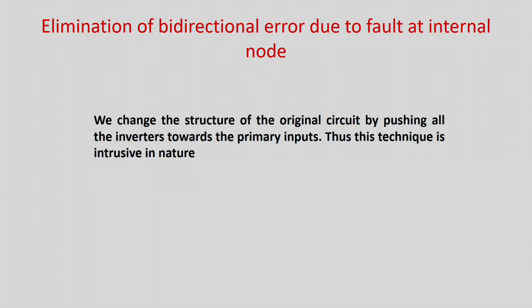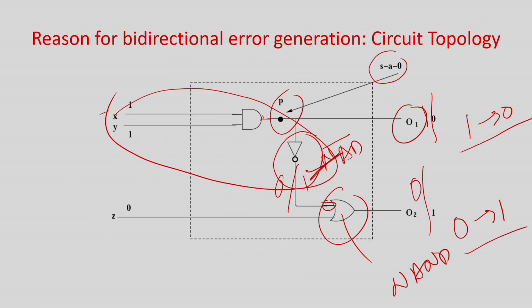So more or less this is in your syllabus. If you want to know more, there are n number of research papers on handling bidirectional errors, different types of coding theory, etc. If you look at it, for handling bidirectional errors, people avoid them. To avoid them, in some way you have to change the original circuit. Like one is, as I told you, you have to separate the outputs, so that there is no logic sharing between outputs.